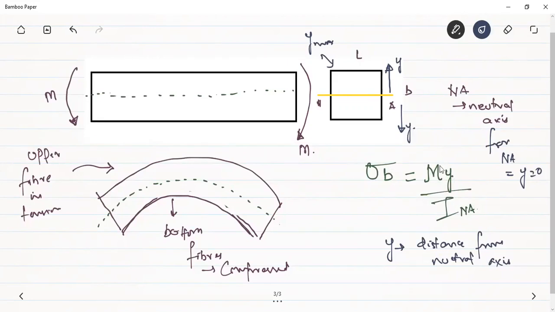Also, bending stress is dependent upon what? Bending moment, isn't it? That's why we must know the bending moment at every section, so that we are able to locate the maximum value of the bending moment. Locating the maximum value of the bending moment will give us the maximum value of the bending stress that the material of the beam can withstand. Now we have to design the beam. Therefore, we must know the maximum value of the stress the beam will be able to withstand. That's why we study this bending moment diagram.